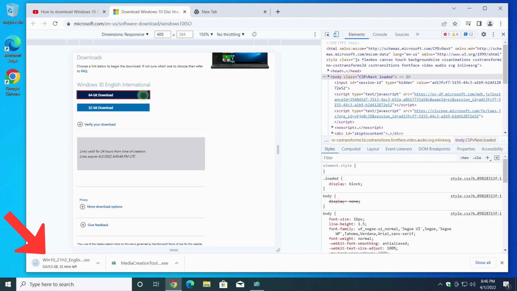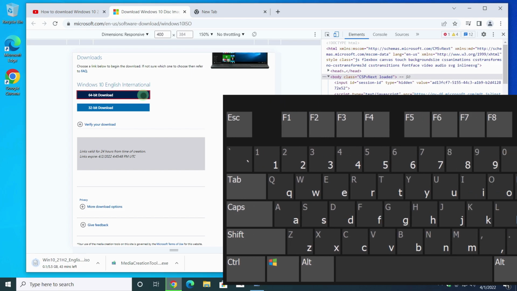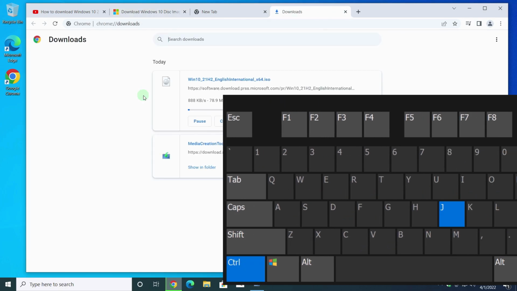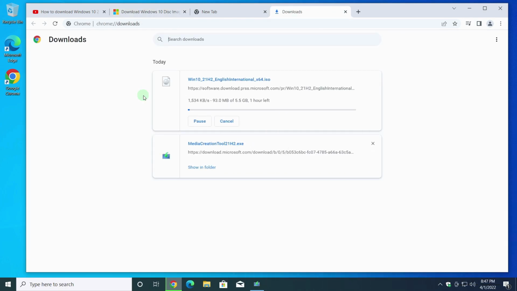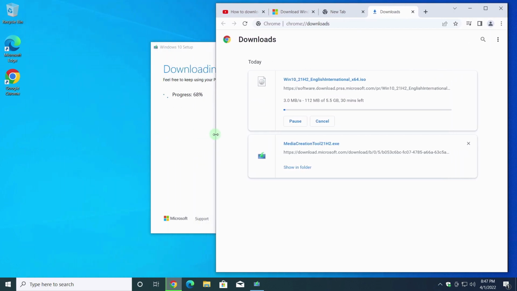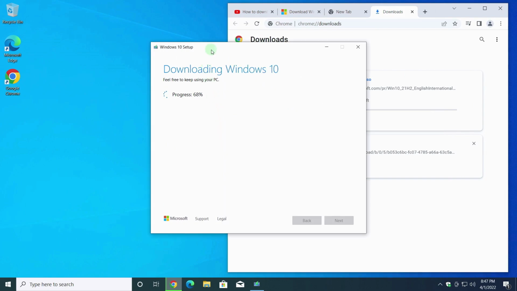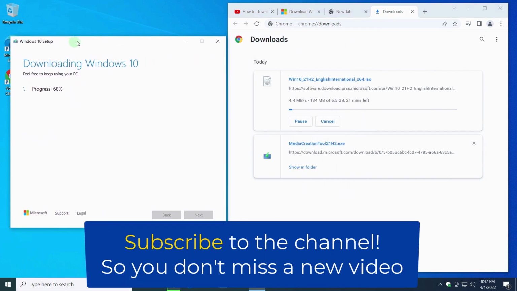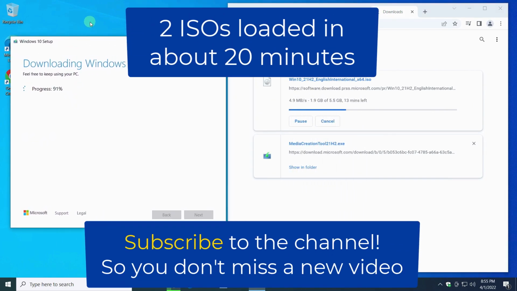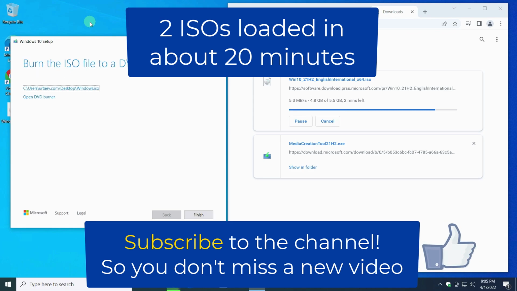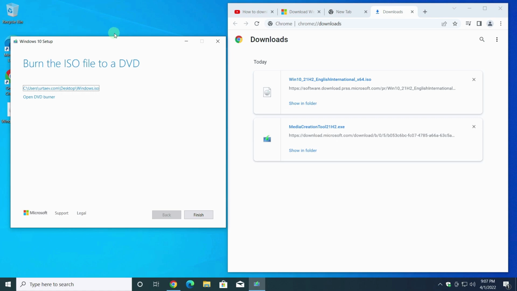Download started. To see all downloads, you can press the combination Ctrl and J. Both files are downloaded, the utility can be closed.